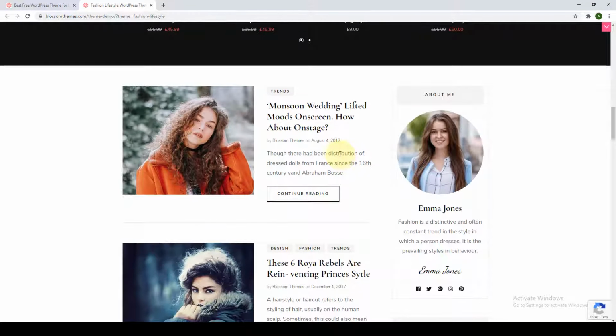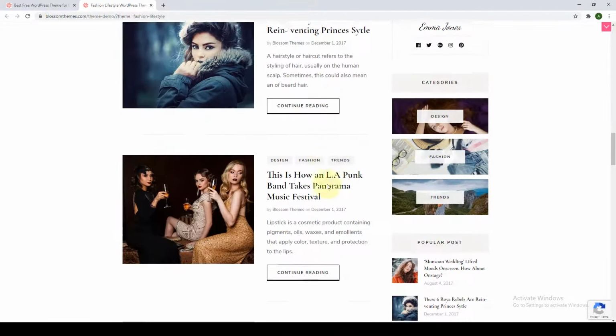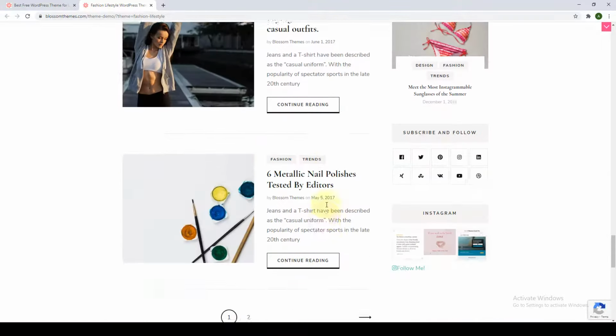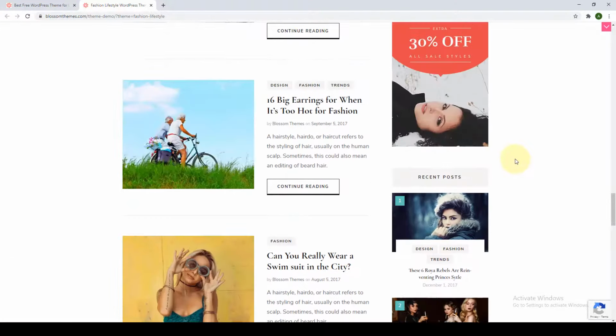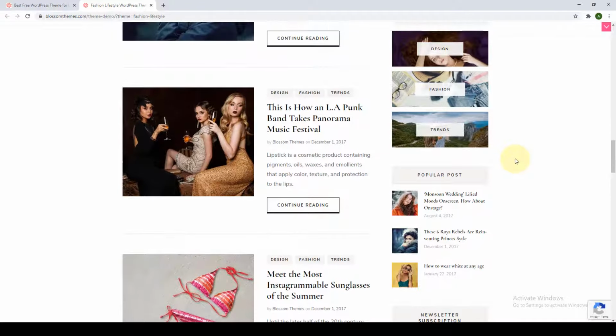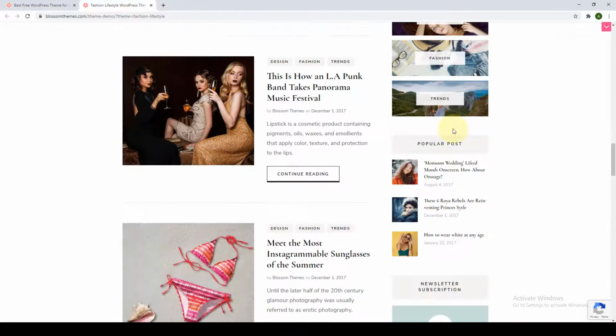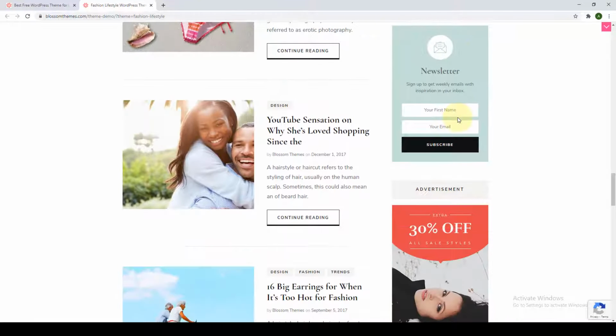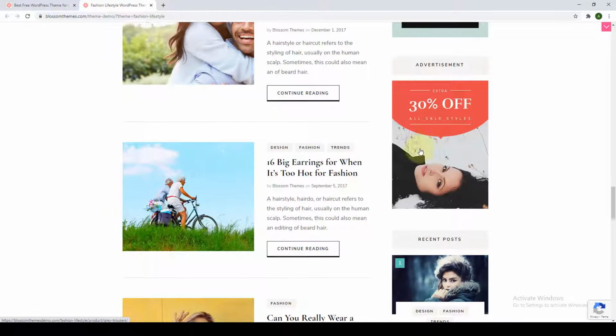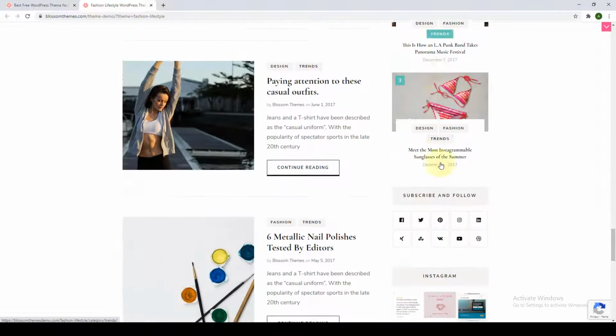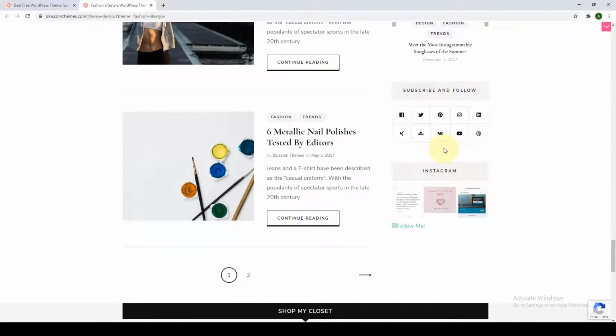So this is the home page, and on the left hand side are the blog posts. All of your latest blog posts will keep appearing on top. And on the right hand side are the sidebar widgets. So you can add the author bio sidebar widget, you can add categories, popular posts, newsletter, and an advertisement widget. Again, another way through which you can make some extra cash through commission, the recent posts, social media widgets, and